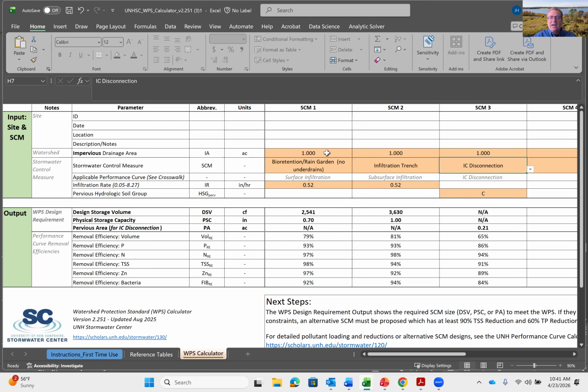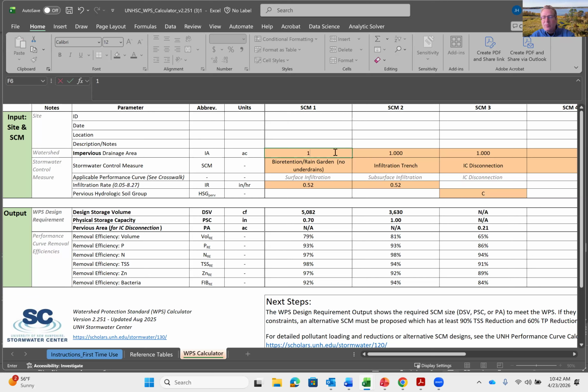So in this case, I need to add the contributing area of impervious cover. We only focus on impervious cover. The short explanation is that the performance curves only go from 0 to 2 inches, so we're not really looking at anything beyond a 2-inch rainfall event. When you're looking at precipitation depths that low, it's really only impervious cover that's generating excess precipitation or runoff from those types of events. So you can see here, if I change this to 2 acres, it's going to change my final answer.